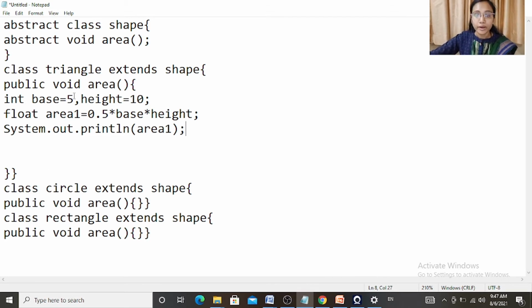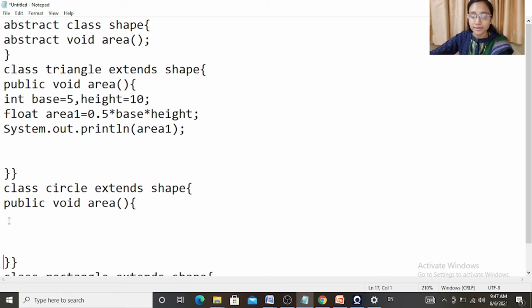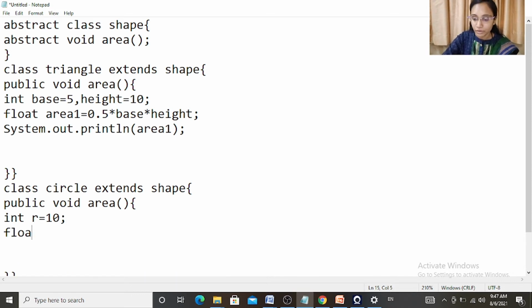Now I need to override this method in another class, that is circle. So in the area method of circle class, I will write the formula to calculate area of circle. So first of all, I will define pi and radius. So let's say integer radius equals 10 and float pi equals 3.14.